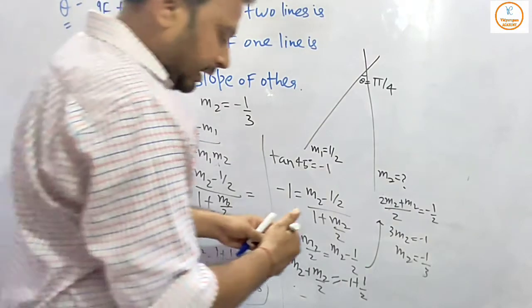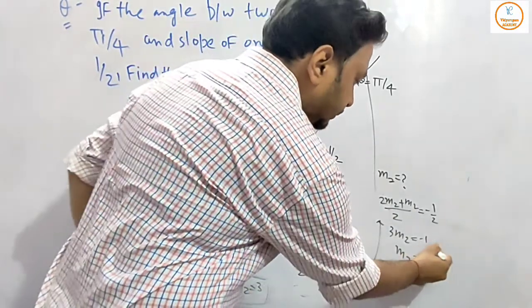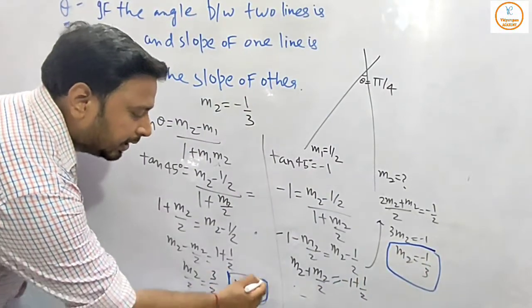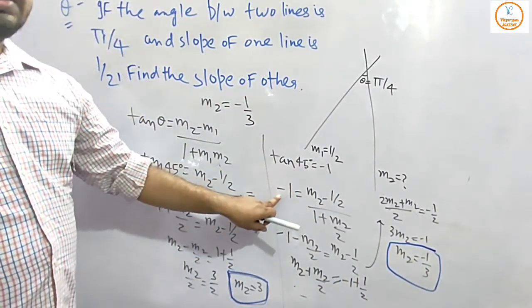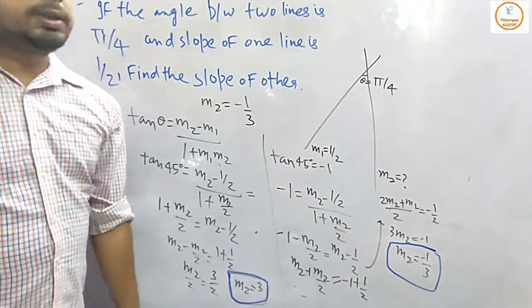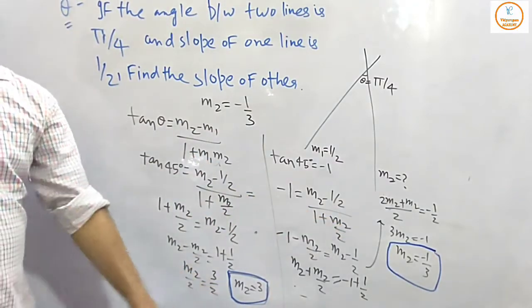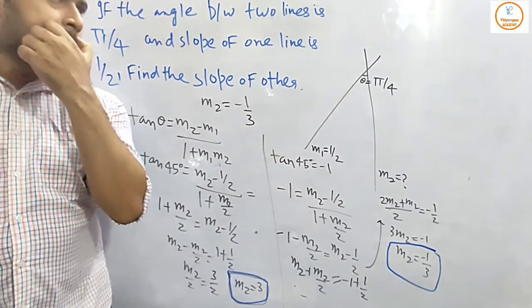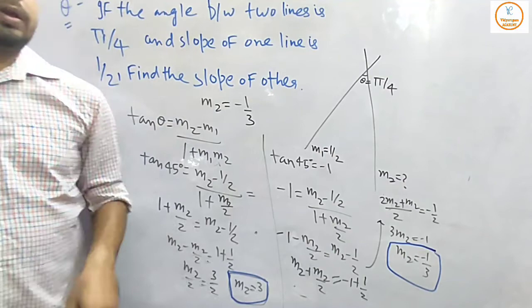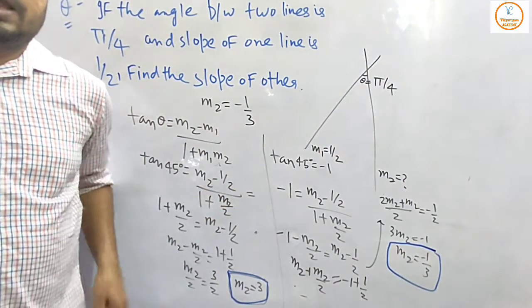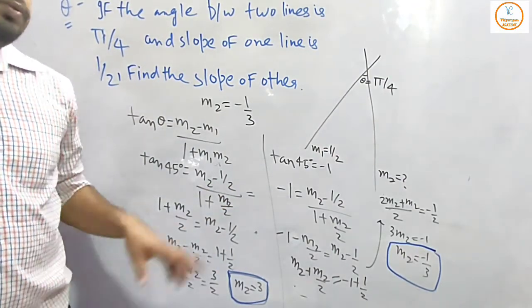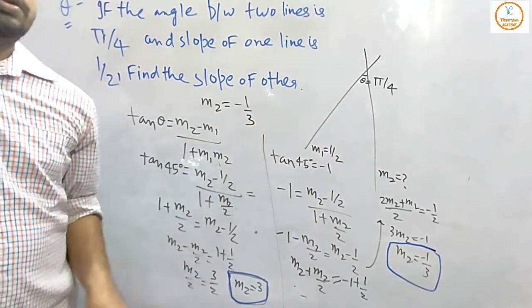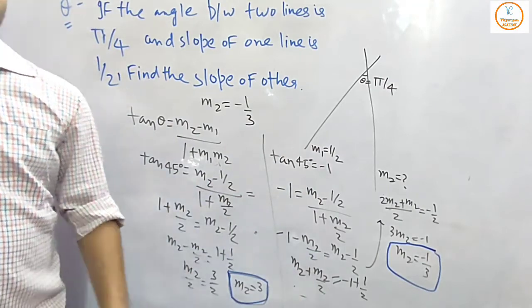Right. So the second answer is m2 is equal to minus 1 by 3. And the first, when we take the negative angle, as I told you in tan phi, m2 is equal to minus 1 by 3. When we take the positive angle, then m2 is equal to 3. Is it clear to you? Yes, sir, clear, sir. Okay. For both the angles, positive and negative, we have to take both the values here. First we take the positive, then the negative one. So these are the two answers.